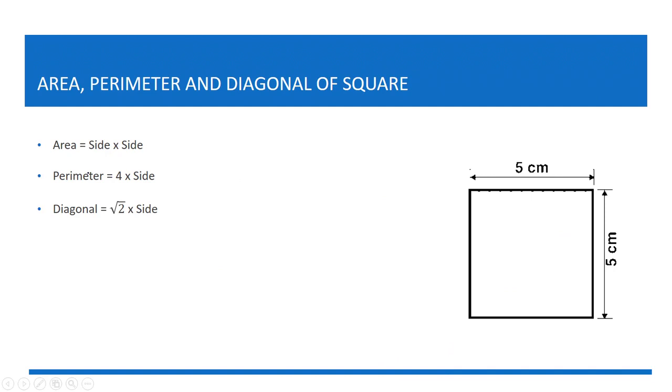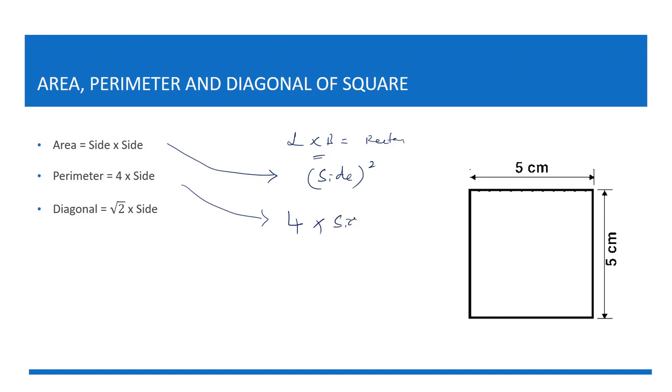Right. Let us check out this. In this, we are going to find the area of square, perimeter and diagonal of square. Area is nothing but side into side. Instead of length into breadth in case of rectangle, here we are going to consider it as a side square, because all sides are equal in the square, right? So area is going to be side square. So perimeter is going to be what? 4 into side: 1, 2, 3, 4, right? If you add everything, you are going to get,